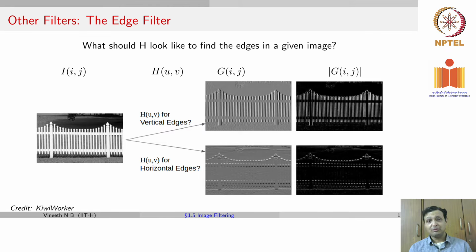What are other kinds of linear filters that you can do? We will see more and more of them as we go in this course. But another typical example could be what is known as an edge filter. So given an image, you may want to extract the edges in the image. So let's take this example on the slide. You have this input image. Let's assume that you want to extract, say, some vertical edges, some horizontal edges.